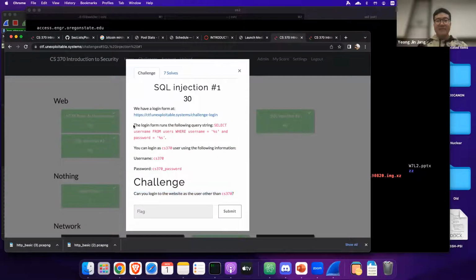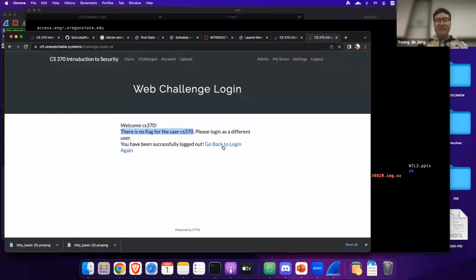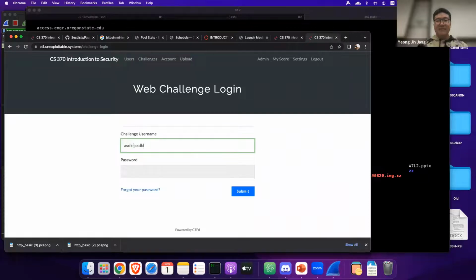And then we know the query string, and we can inject in either the username or password. So suppose we are injecting something here, and then we will cut the where string and then put or, and make it always true. And to do that, we can type whatever username. We don't care about the password. And then we will just check